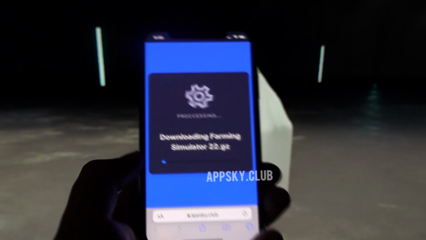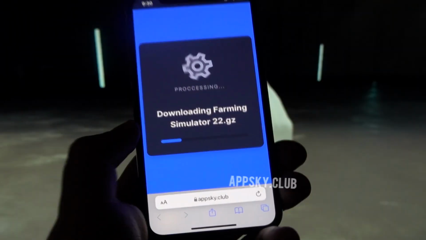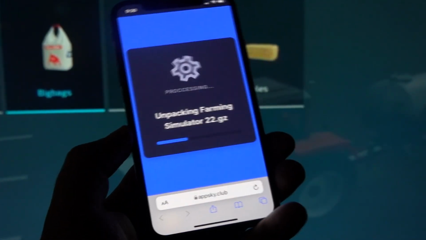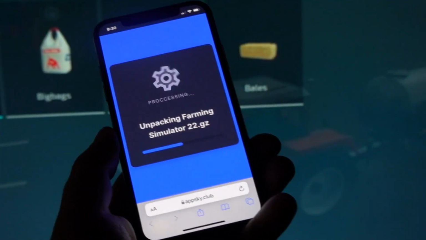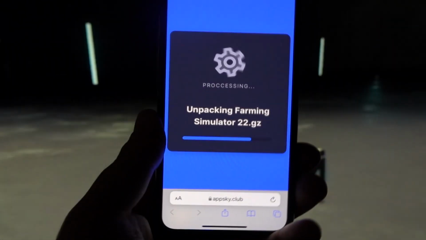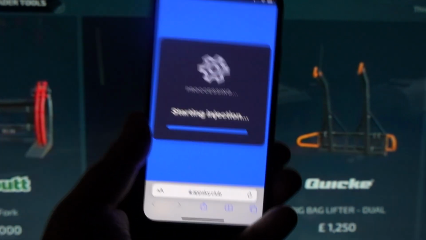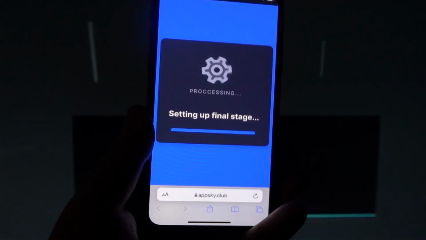which will take up to a few seconds in most cases. However, in some cases, depending on your internet connection speed, it may take up to a minute or two. However, that is only if your internet connection speed is slow. Other than that, you're going to be absolutely fine. There's no need for jailbreaking or rooting over here. It's as simple and straightforward as I'm showing you it is. And as soon as the injection process finishes,